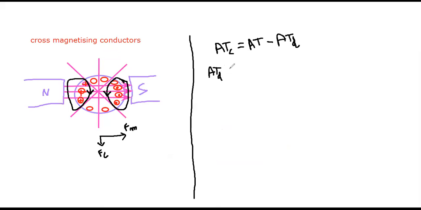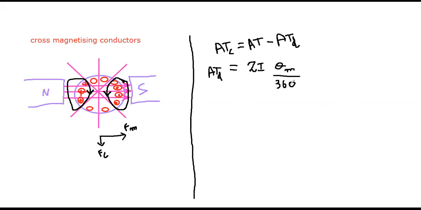ampere turns per pole, which is equal to Zi into theta m divided by 360. This is the formula we derived previously. This is the formula for the demagnetization effect in terms of armature conductor ampere turns. So in terms of ampere turns, we derived the formula for the demagnetization conductors.